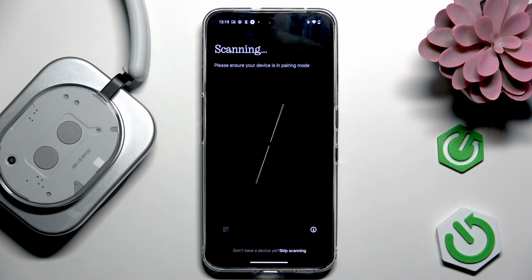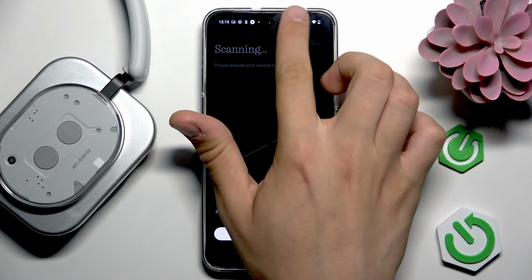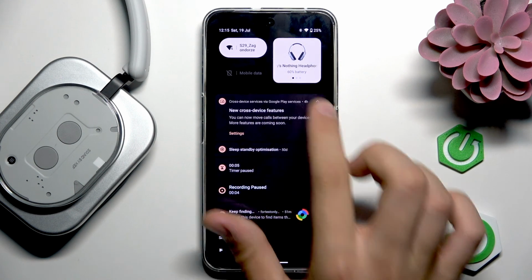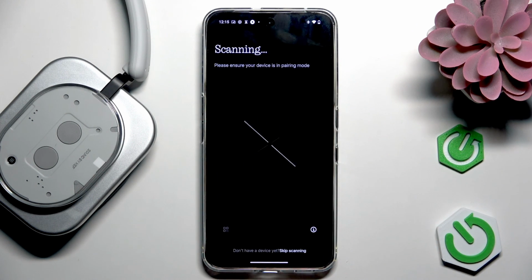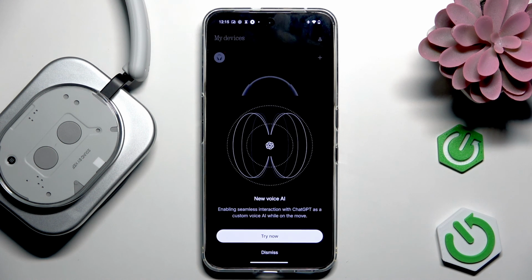As you can see, if you are paired with your headphones before, like I do, you'll have your headphones paired more easily. I don't know, maybe I do have some pairing problems. Let's wait just a little bit. Actually, I did nothing. I just reopened the application, and now, as you can see, here we do have our